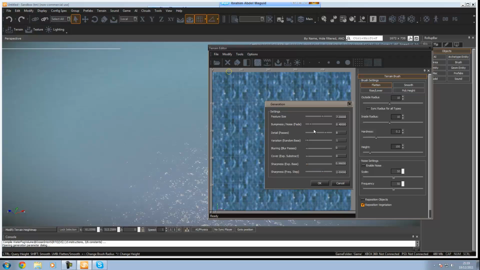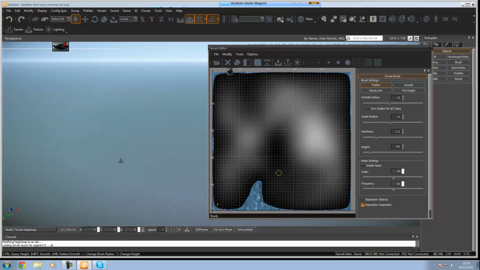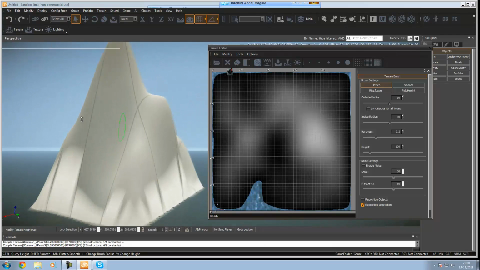You can change some of the settings around. I'm going to change the feature size down a bit. Bumpiness, I'm going to have that low because I'm going to have a really flat map. So I'm going to go ahead and press OK, and you'll see it has generated a nice little island for us, and there it is. You've got a nice big solid